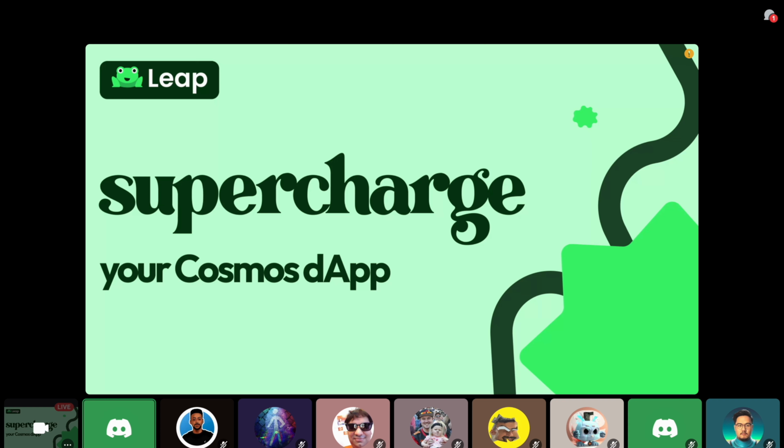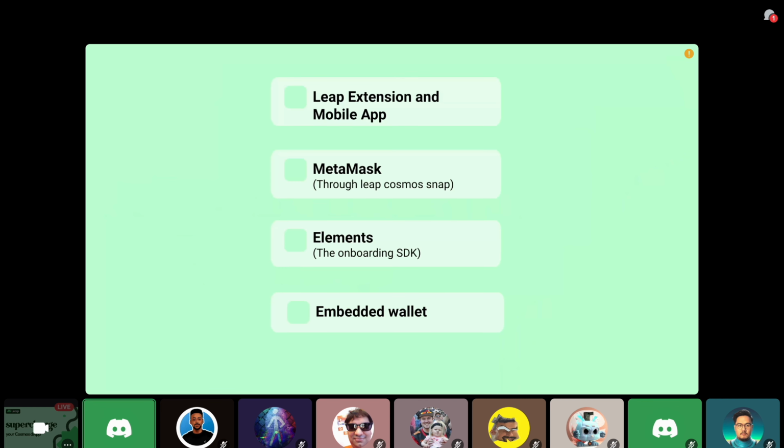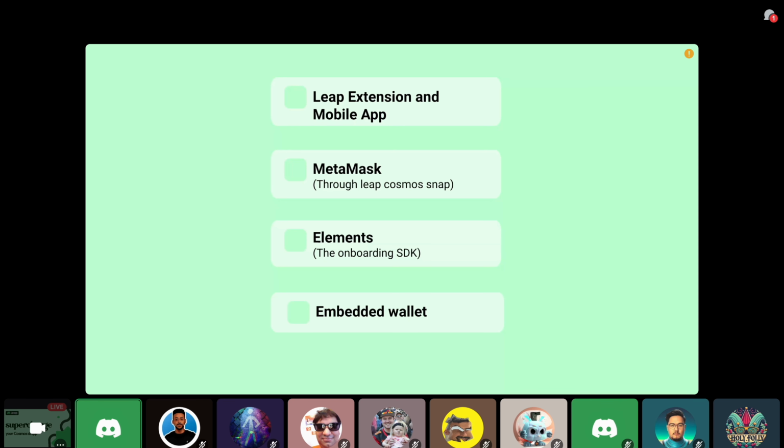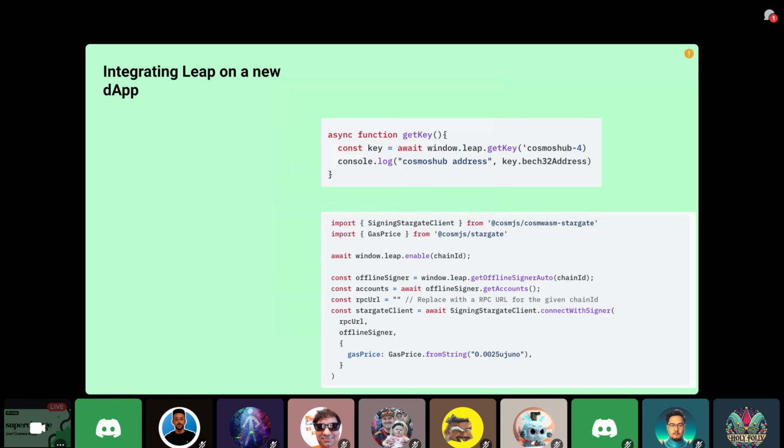So these are the things that I'll be going through: how to integrate the Leap extension and mobile app. We also have built a Snap through which you can integrate MetaMask with your dApp, and I'll be going through elements and the embedded wallet SDK. So, starting with the extension,